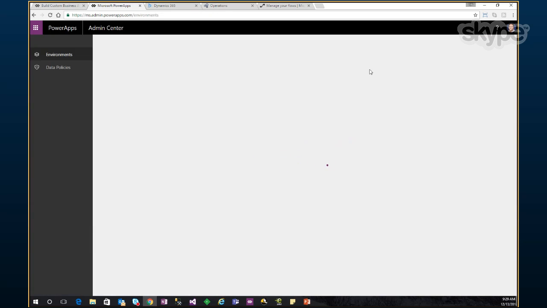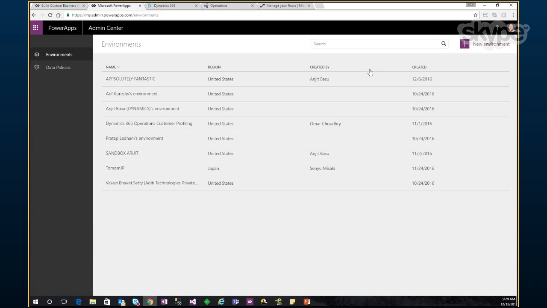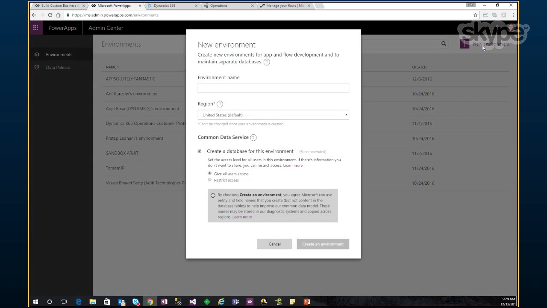Now, environments are self-contained containers which have a database and apps, and they are isolated from each other. A typical use case of environments would be a dev, a test, pre-prod, and a prod. Here I have a list of all the environments, ones that I have created, or the ones which were shared with me. To create a new environment, you click on New and give it an environment name,